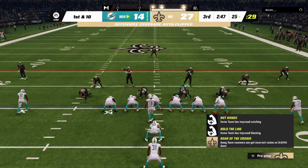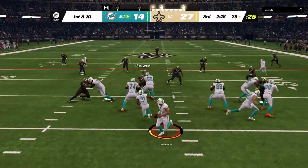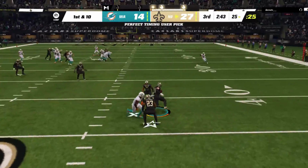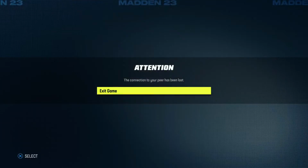The Dolphins at the line ready for their next drive. They are looking to make a bit of a 180. They are sputtering right now. And frankly, I think it's time to call your playmakers to... And his pass is intercepted for the 4th time today. Picked up by Pete Werner. And he's able to take...